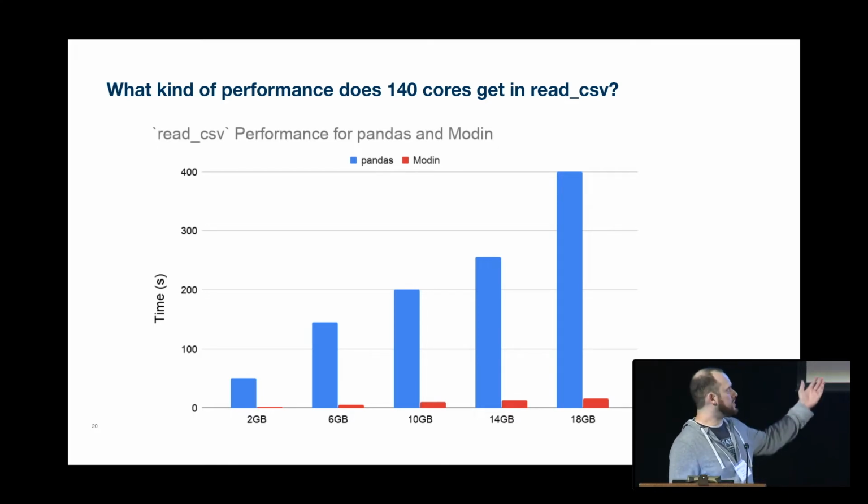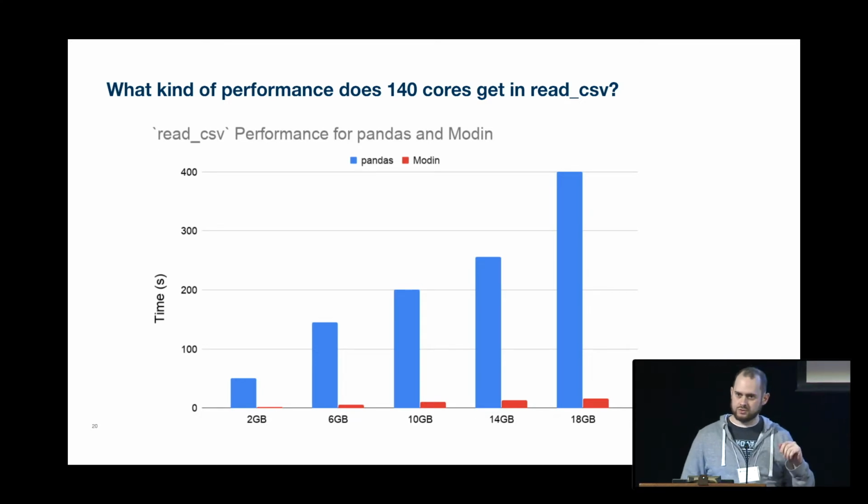So what we did is we took a machine that we have access to in the RISE lab that has 140 cores, and we tried to see what kind of performance we can get just by reading, ignoring distributed file systems and all of these fancy new things we're used to. Let's just take one CSV file and see how fast we can read it. The high point here is that we can get more than 1 gigabyte per second of read and parse throughput. So your giant files that were taking 10 minutes to read before, or 5 minutes, are taking seconds.